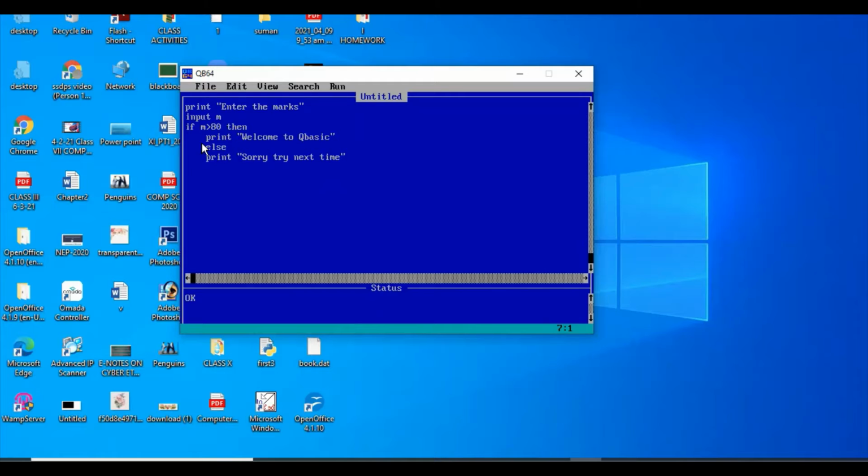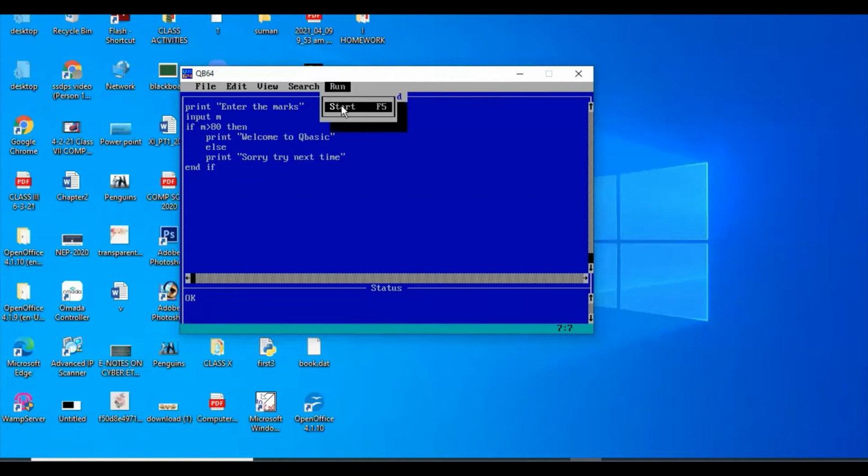Suppose user enters 70. 70 is not more than 80. So condition false. When condition fails, else part will run. And whenever you want to complete the program of if then else, you are to end with end if. Okay, coding is clear.